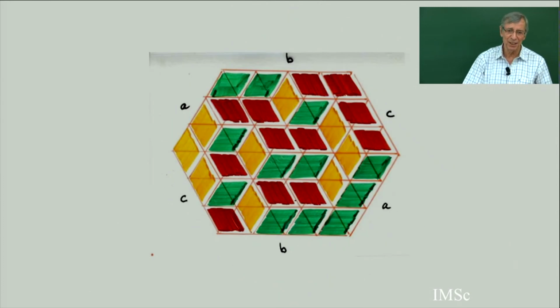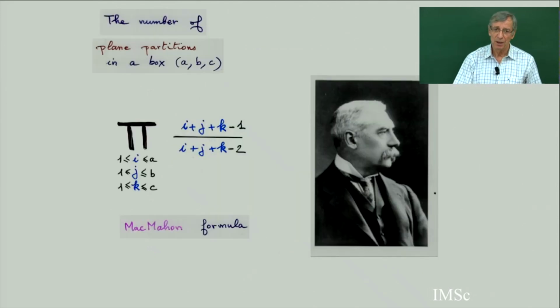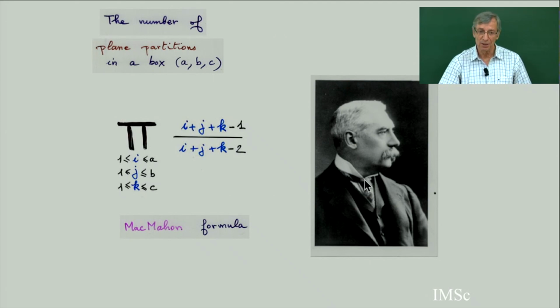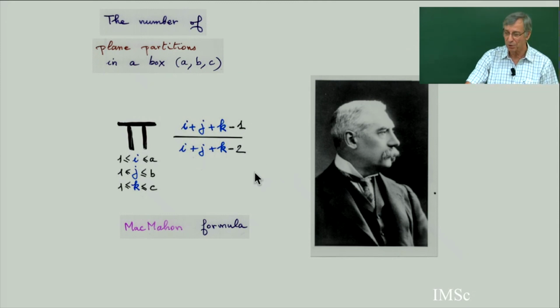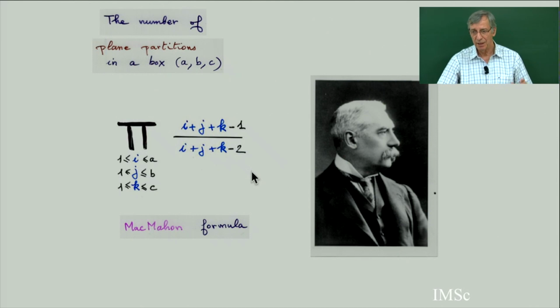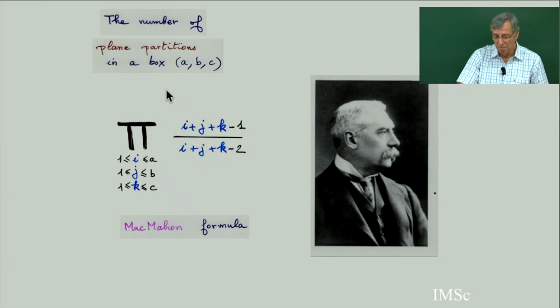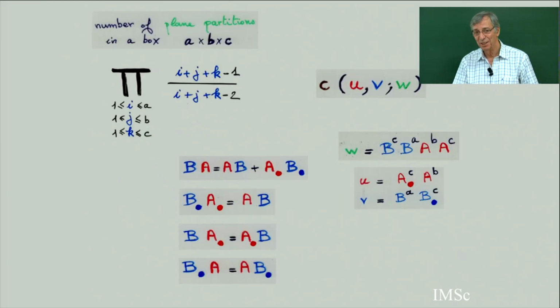It's a very well-known, classical subject in combinatorics. I gave a complete proof of this formula 2 years ago in part 1 of the bijective course. This is the famous MacMahon formula for the number of plane partitions inside the box. It's a product of all these beautiful numbers, so it is an integer. Just for fun, I can translate this into the number of plane partitions being a coefficient of UVW in this quadratic algebra, with W, U and V equal to this.